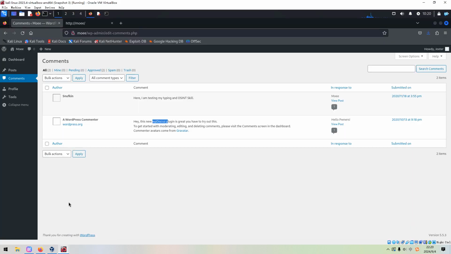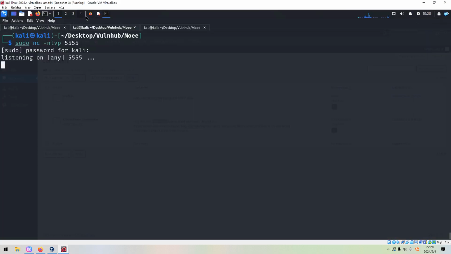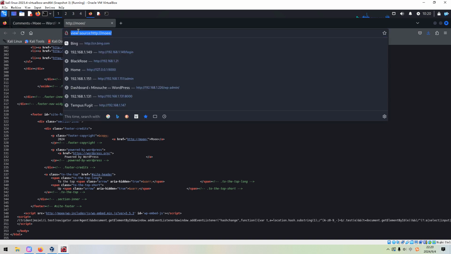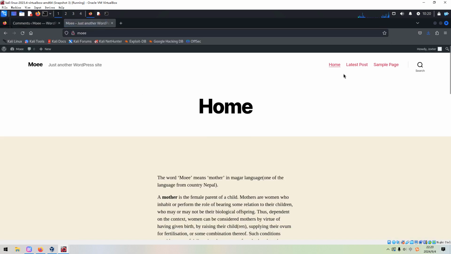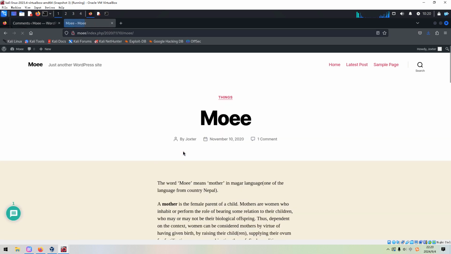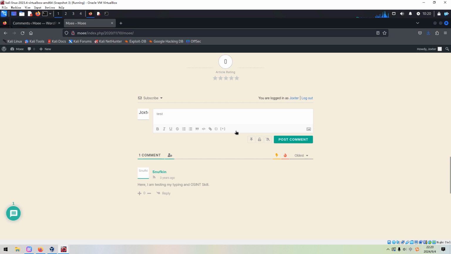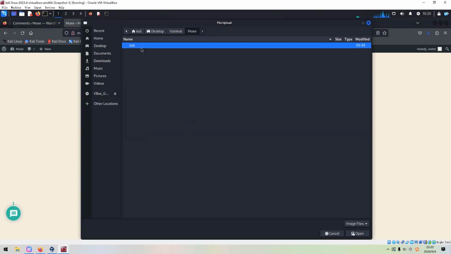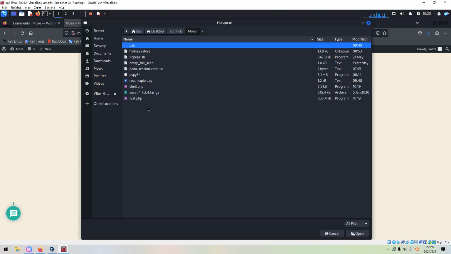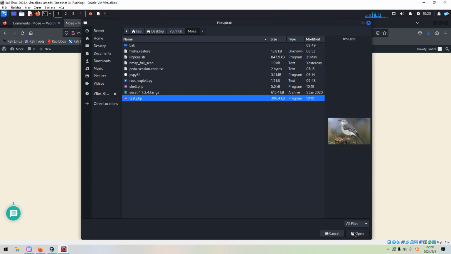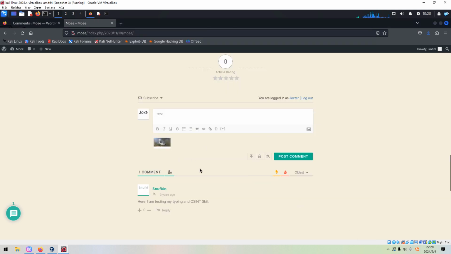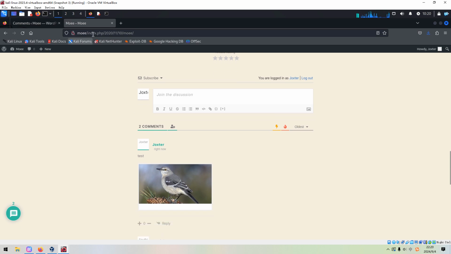Okay, let me show you. So how to do? We can go to any, for example, this post, and we can input anything. Of course, we need to select all files, and then this one we can copy and open and post comment.